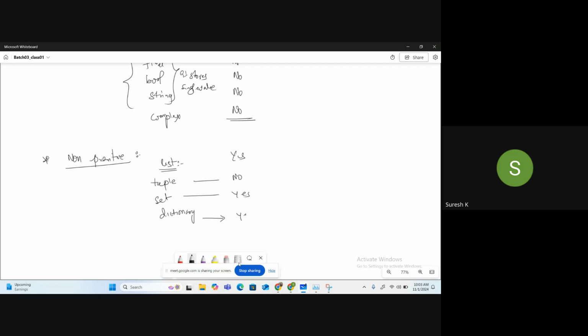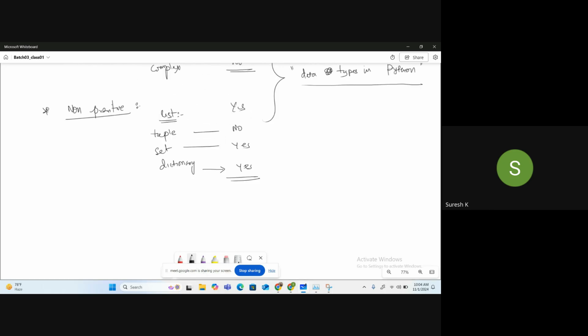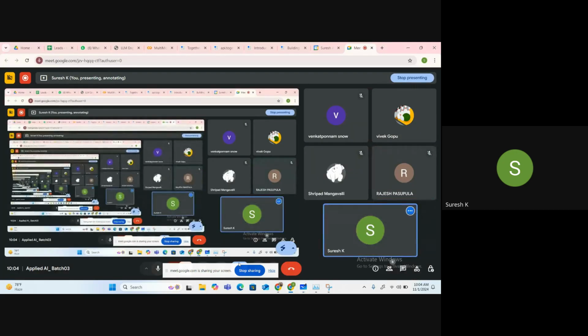And dictionary is also yes. These are the data types in Python. Till this point is clear, right? Yes, sir. So good, everyone.